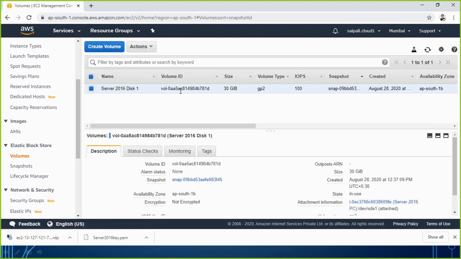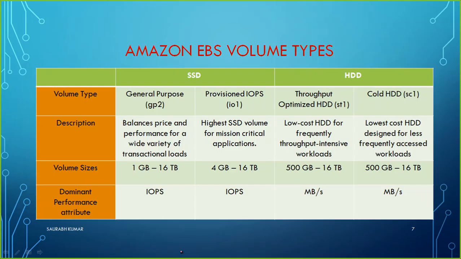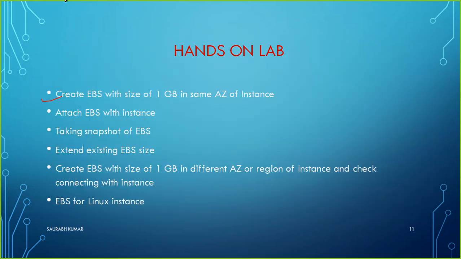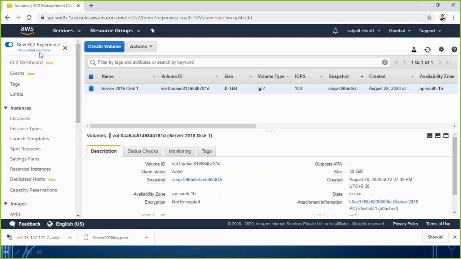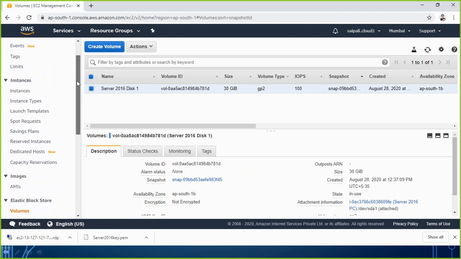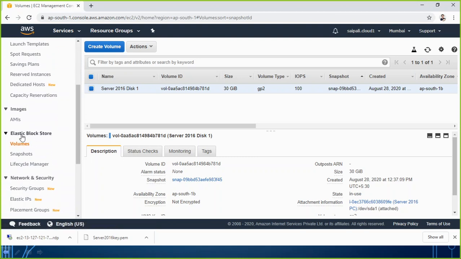Here you see. Our first practical for today's lesson was to create a new EBS. So let's try to create a new EBS here with any size, because we are just doing a practice. I have decided to go with a size of maybe 1 GB. So let's do that task. How to create a new volume? Simply you will be coming here. When you are at the EC2 dashboard area, scroll down. Below that you will see Elastic Block Store, Volumes. Click on it and you say Create Volume.